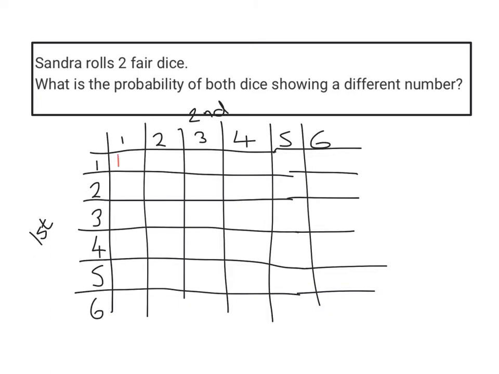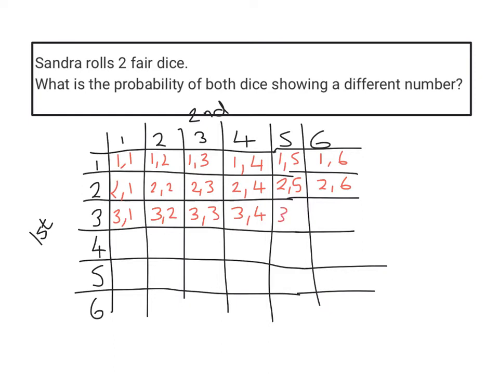So the outcome here would be 1, 1, 1 and 2, 1 and 3. So you can see we're not timesing the numbers, we're not adding the numbers, we're just listing what the outcome is. 1 and 4, 1 and 5, 1 and 6, 2, 1, 2, 2, 2, 3, 2, 4, 2, 5, 2, 6, 3, 1, 3, 2, 3, 3, 3, 4, 3, 5, 3, 6,